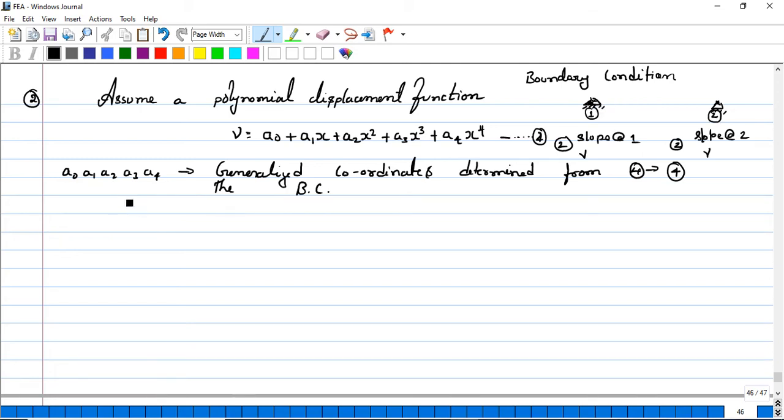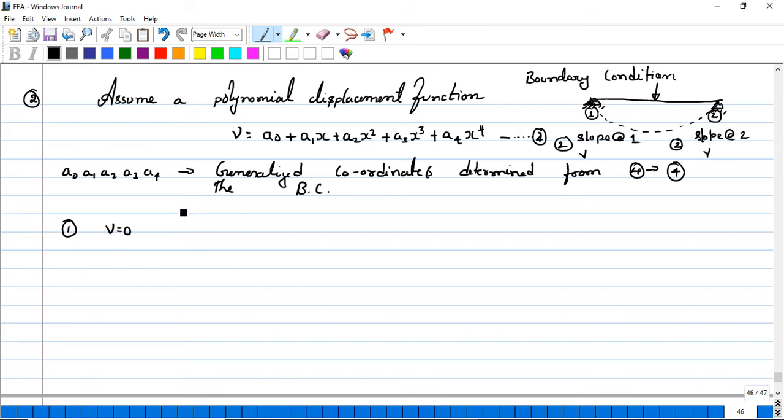Okay, let us continue with the first case, at node 1. So at node 1 what happens? If I draw this, there is a load at the center. At node 1 it is fixed. Then what happens? As I said, we need to consider a vertical displacement V, so V will be 0. And what happens to the slope? The deformation will be in this form, the dotted line, you can see that. So at node 1 it is fixed, even the slope will be 0.